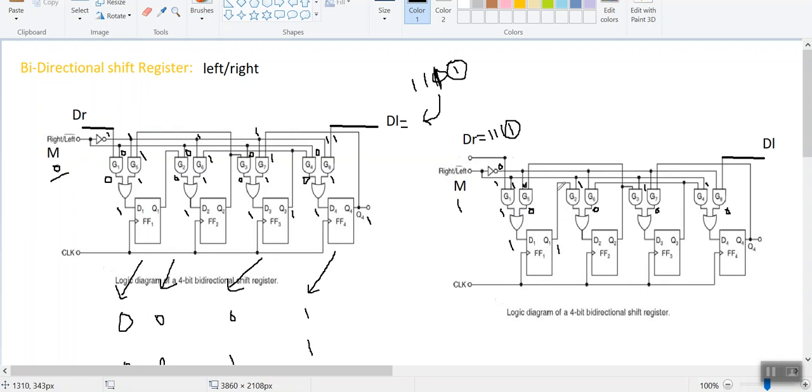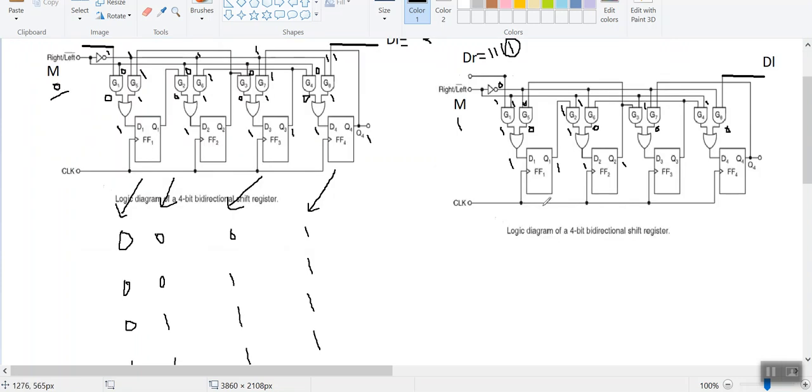Now this one is going in this direction for the G2 AND gate. Now 1 with 1 you will get your resultant as 1. Like this you will get 1, and then it is connected to the next flip flop. So here we can observe that flip flop 1 is connected to flip flop 2, flip flop 2 is connected to flip flop 3, and flip flop 3 is connected to flip flop 4, and then you will get your output at this Q4 terminal. Therefore we can observe that a right shift is occurring for each bit.